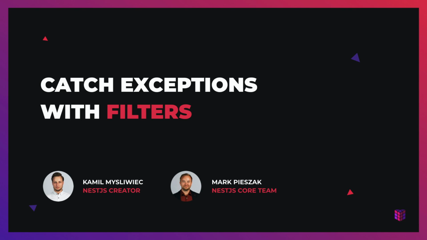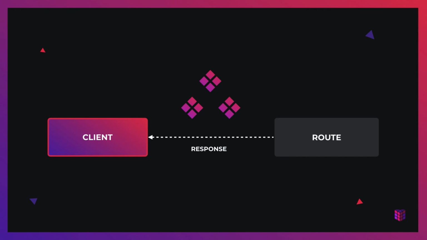While this base built-in exception filter can automatically handle many use cases for us, we may want full control over it. For example, we may want to add exception logging or return our errors back in a different JSON schema. Exception filters are designed for exactly this purpose. They let us be in charge of the exact flow of control and the content of the response being sent